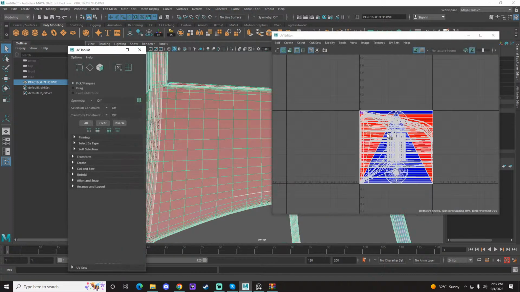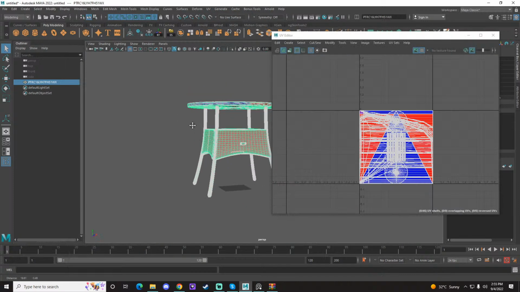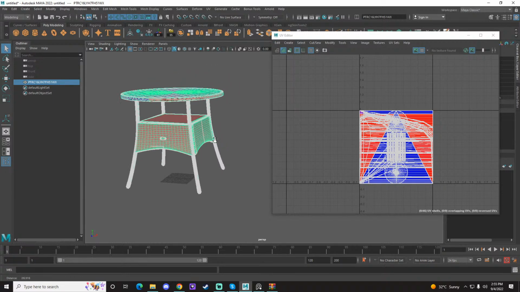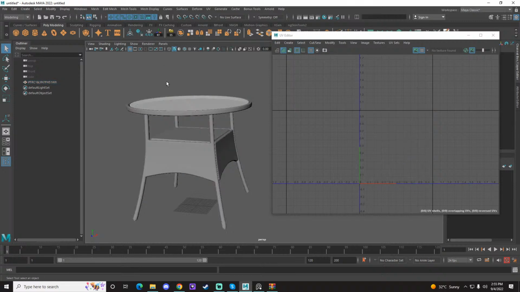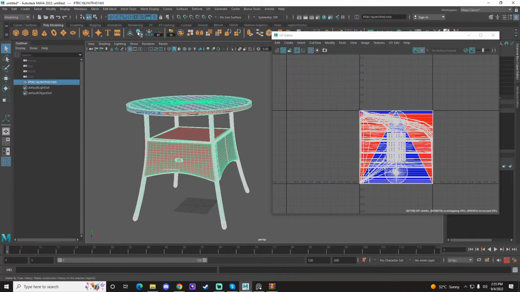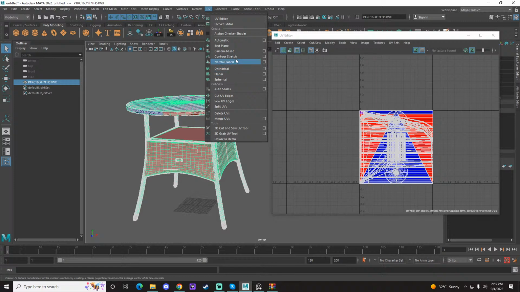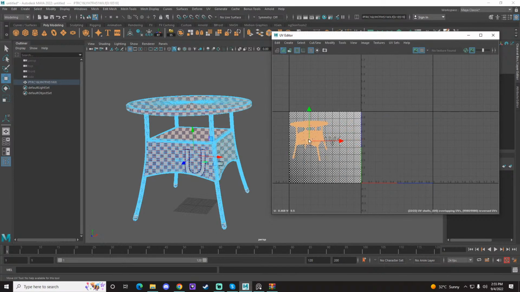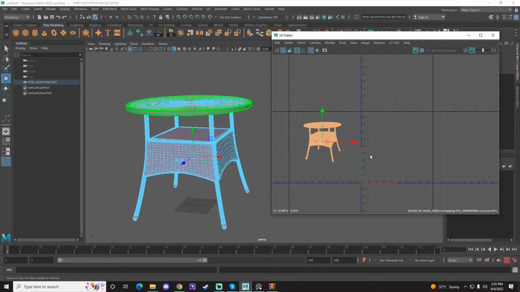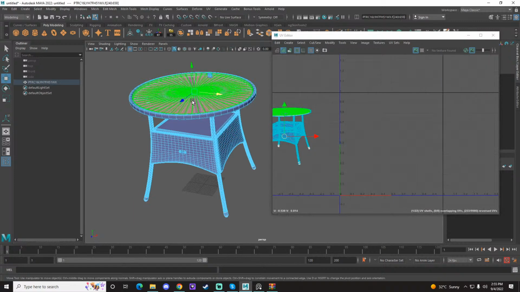I'm gonna go to UV editor, and these are the UVs right now that we have. First thing first, I'm gonna go ahead and make sure I keep a camera angle in it. So I'm gonna go ahead and select it and make sure that I will be deleting the history and everything. Then I'm gonna go ahead to UV camera based, and this is the stuff. I'm gonna go ahead and keep it to the other side, and this will be my working area. So one by one, I'll be going and selecting the